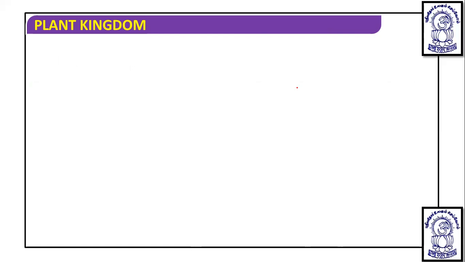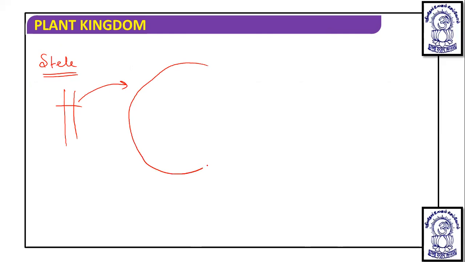To understand the stele, we have to understand the cross section of the stem. If we take a cross section of the stem, you will come to know that the outermost covering is the epidermis,